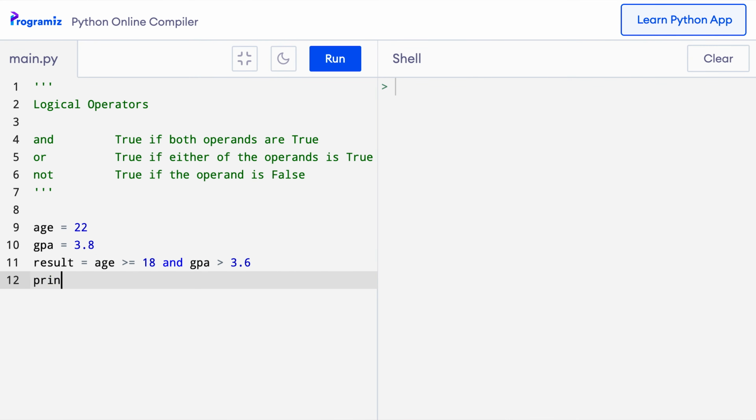Now let me print the result here, and when I press run, I get true. This is because both of these expressions are true. Now let me show you how the AND operation works by making the second condition false. So here I'll change this to 3.9, and when I press run, this time I get false. This is because, as I explained before, both of the expressions have to be true. The fact that the first expression is still true doesn't matter because the second expression is false and my result